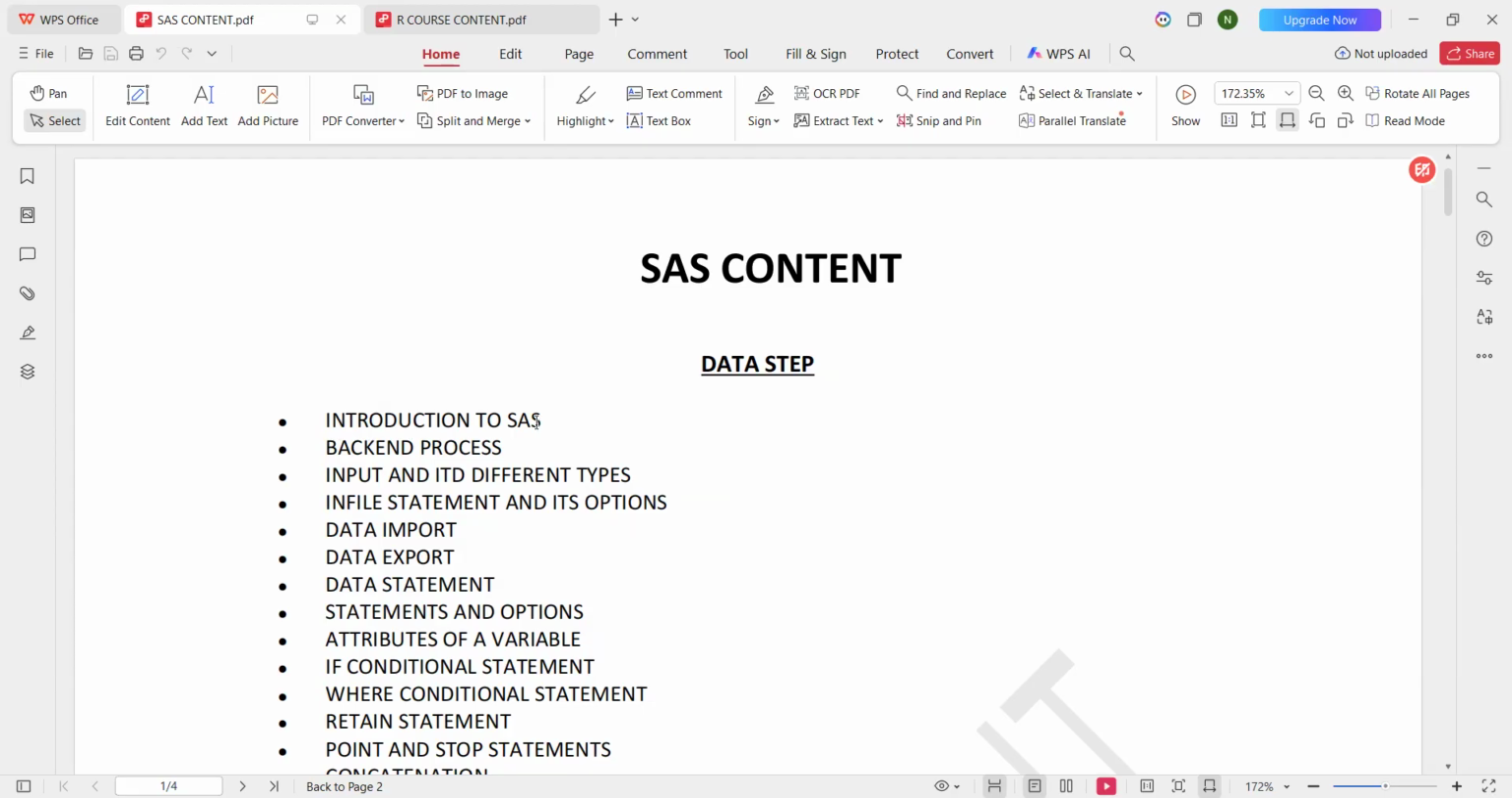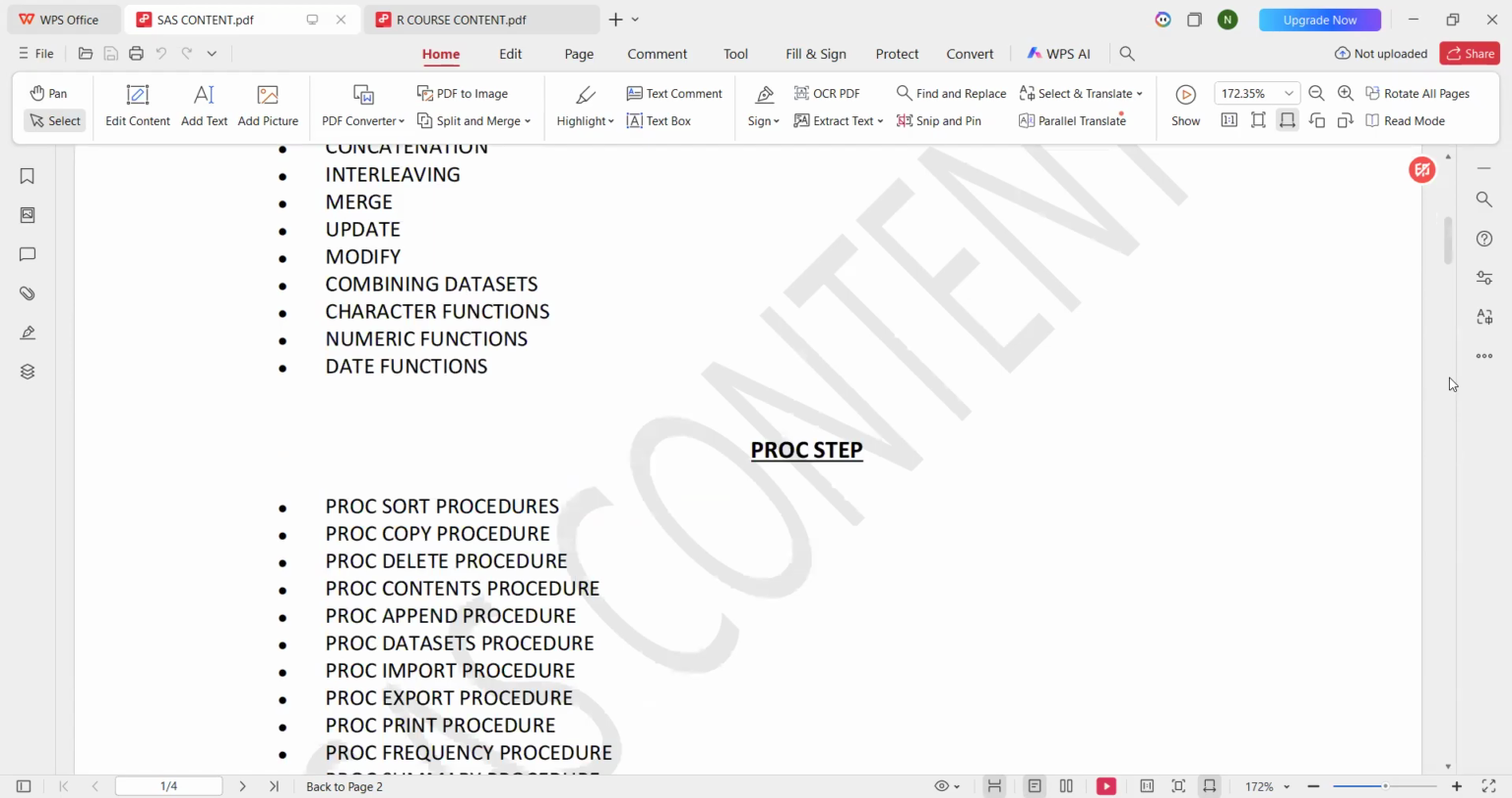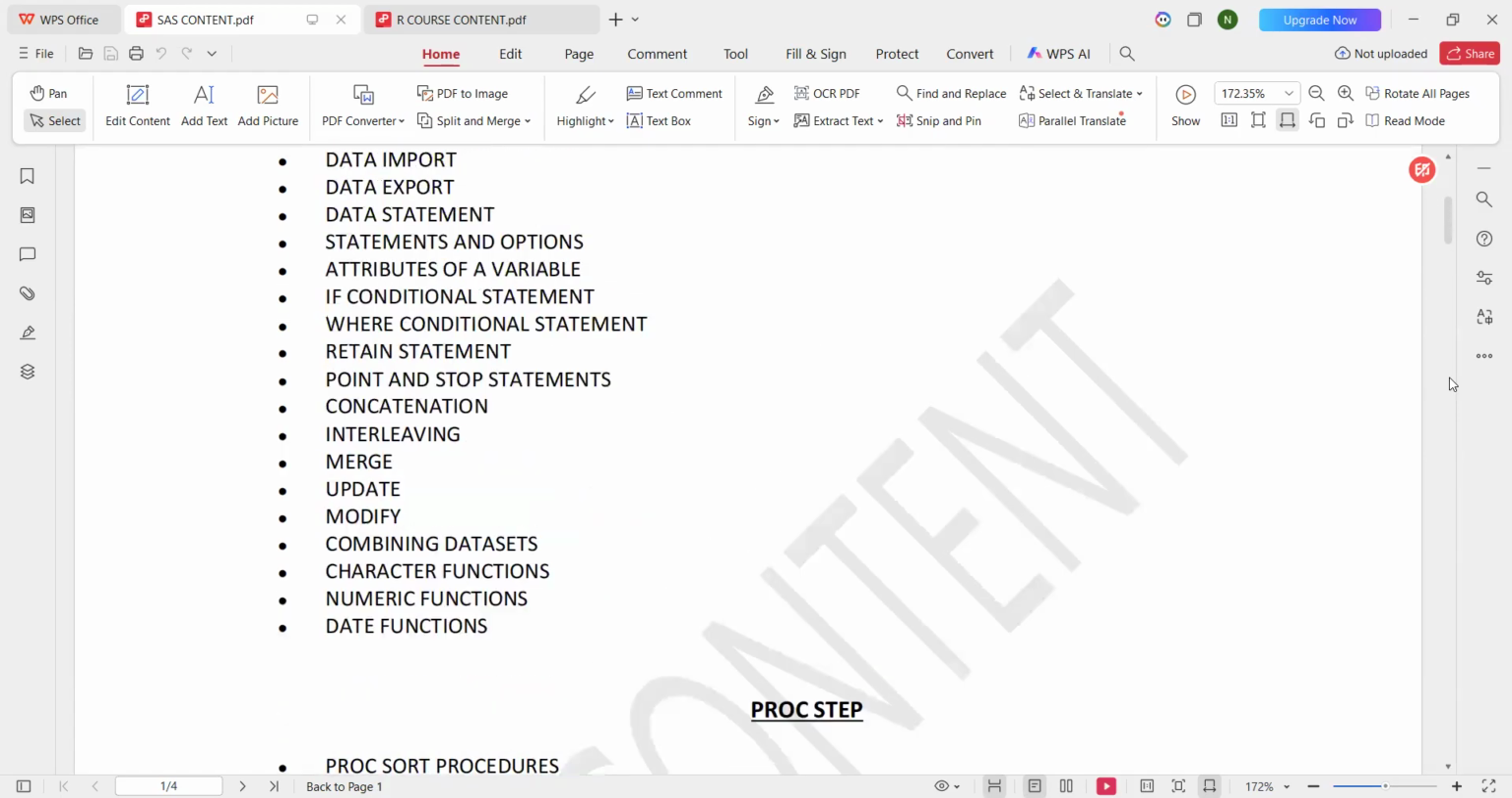So the SAS content will be: introduction to SAS, what is the backend process, input and infile statements, different types of input statements and options in the infile statement, data import, data export, and data statements, different types of statements and options, attributes of a variable,